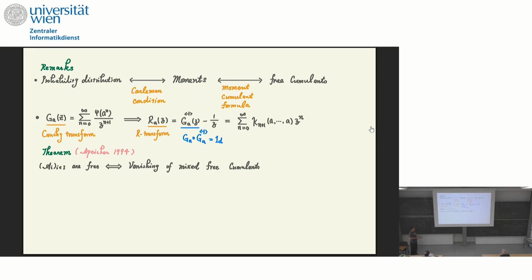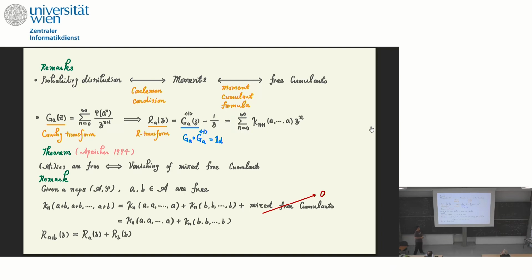Okay, and the important thing, by Speicher in 1994, is that freeness can be understood as vanishing of mixed cumulants. It can be characterized by this property. The good result is, if you want to understand the law of A plus B, the cumulant for A plus B is multilinear, so you can write it as several terms. But only the first two terms, only A and B, will survive, and all the mixed ones will be killed. So if you transfer to the language of transforms, R of A plus B equals R of A plus R of B. Okay. But here it's all about addition.